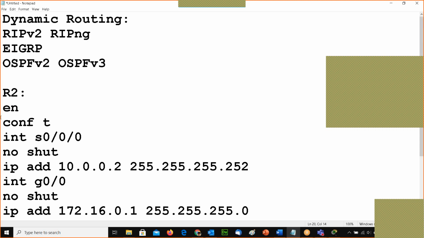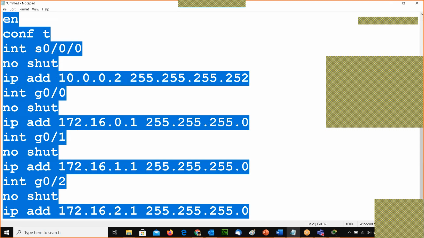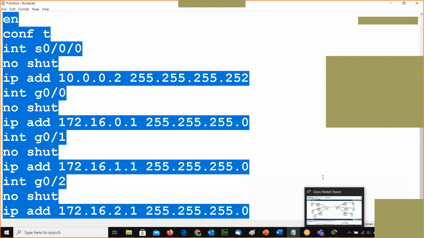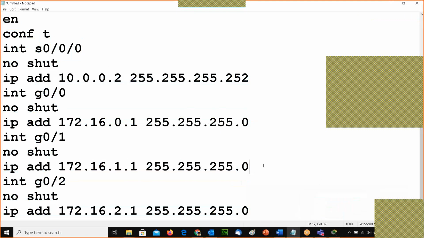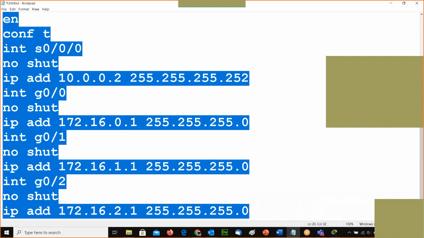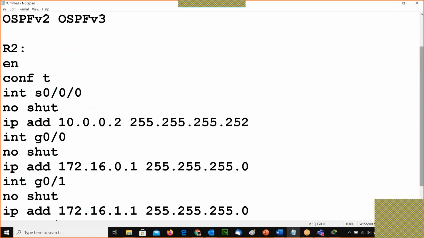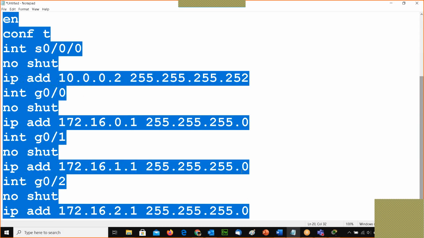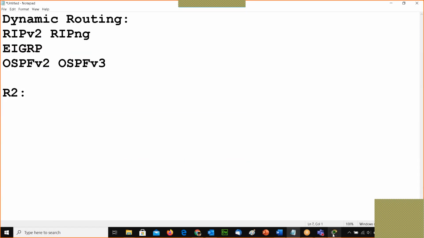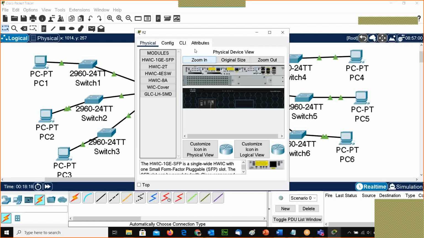Okay, so this is the configuration of R2. Again, I can post it in the chat box so you can actually see the configuration. If you are configuring with me, it is better to always do hands-on with me. This is the configuration of R2.